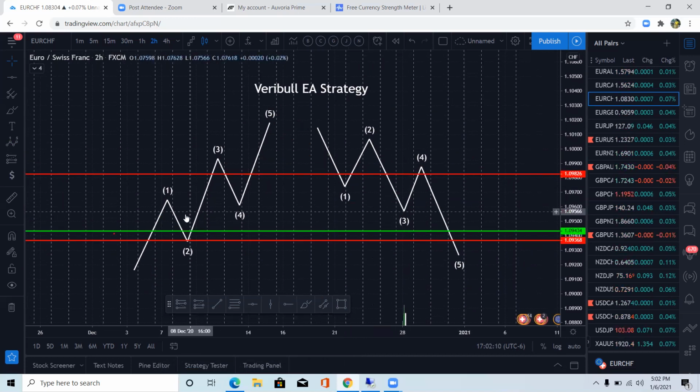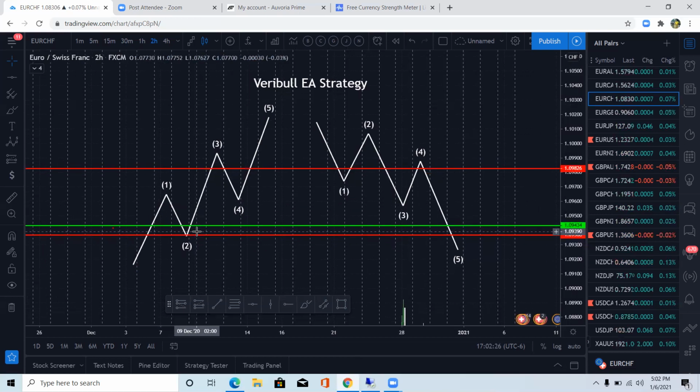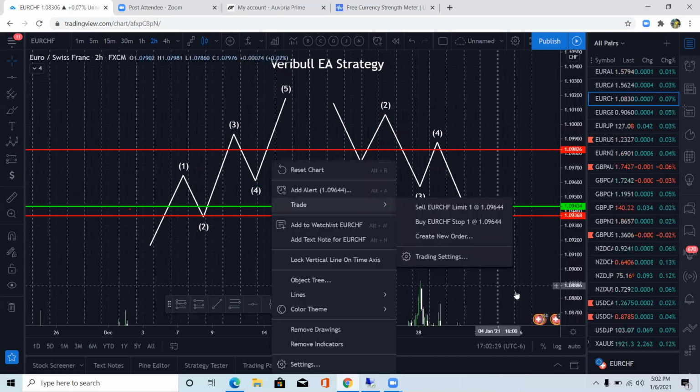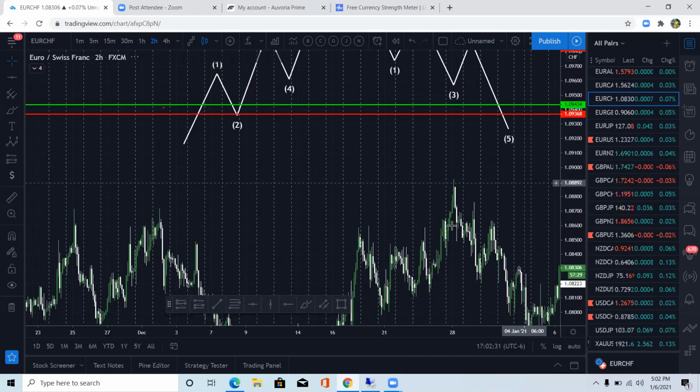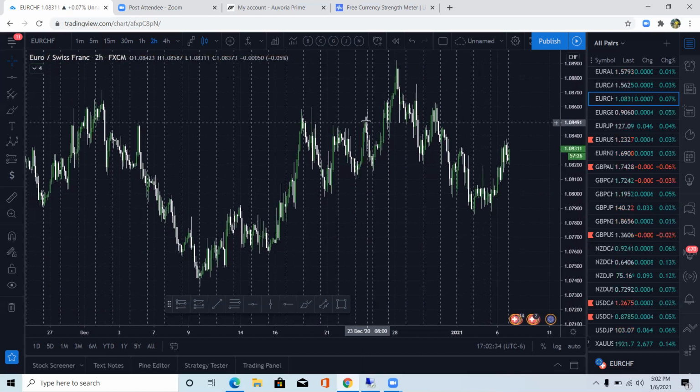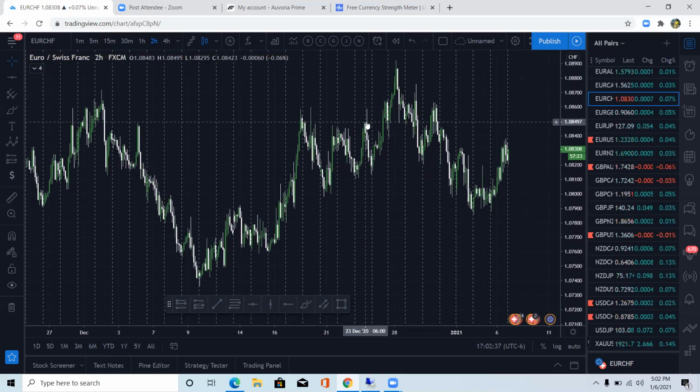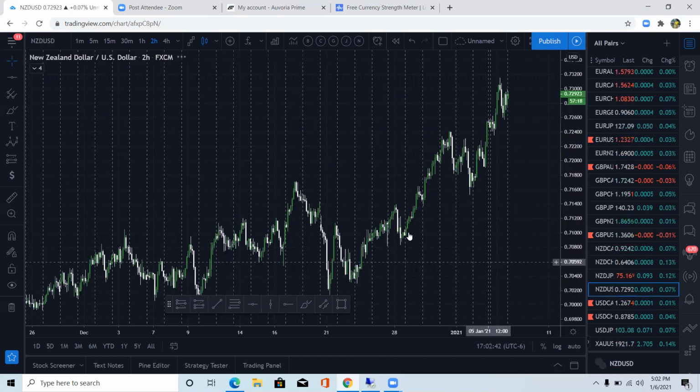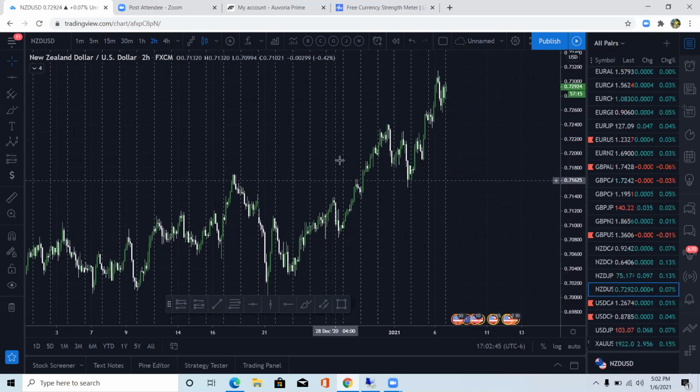Not everybody is able to discern the trend just by looking at higher highs and higher lows. It takes a while before you can look at market structure without any indicators and just know which way the trend is going, or what the major trend is. So what you could do is use a set of indicators that I have that would help you determine which way the market is going. Let's use a marker that's kind of easy for now, just to make it clear. So the first indicator